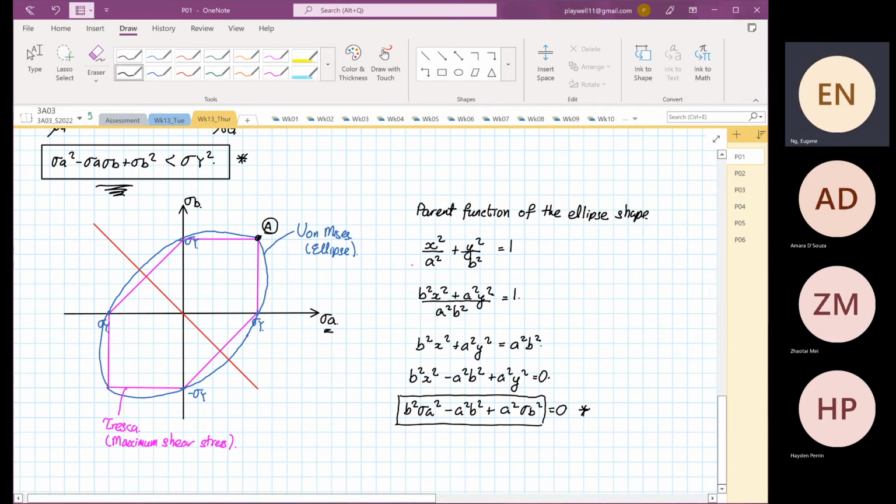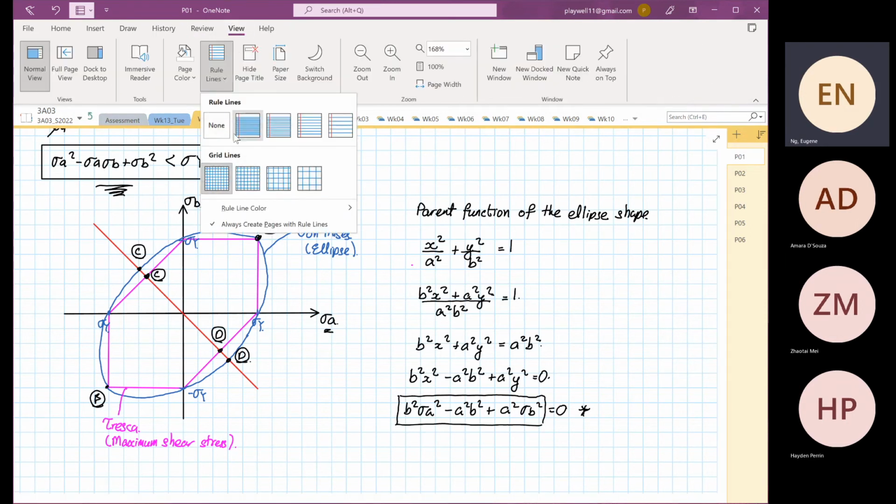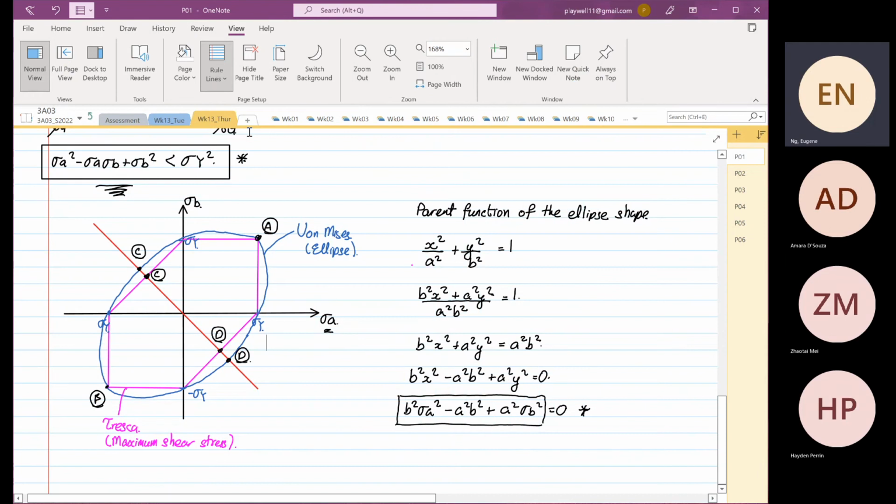Then we are going to look at point B. Okay. And then we are going to look at point C. Now, point C will intersect the Tresca criteria and Von Mises at different locations, and also point D. Okay, so 2 point Ds is along the red line. Okay. So if we were to compare Tresca and Von Mises, there are some